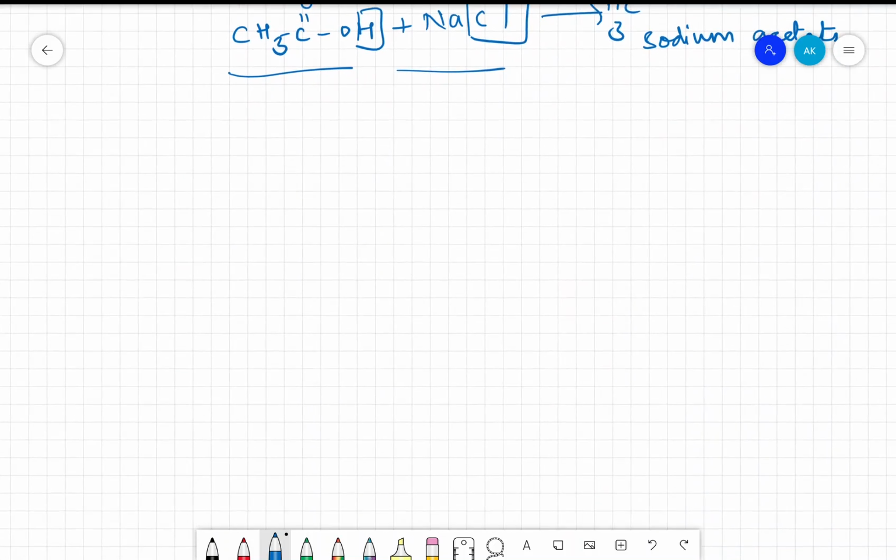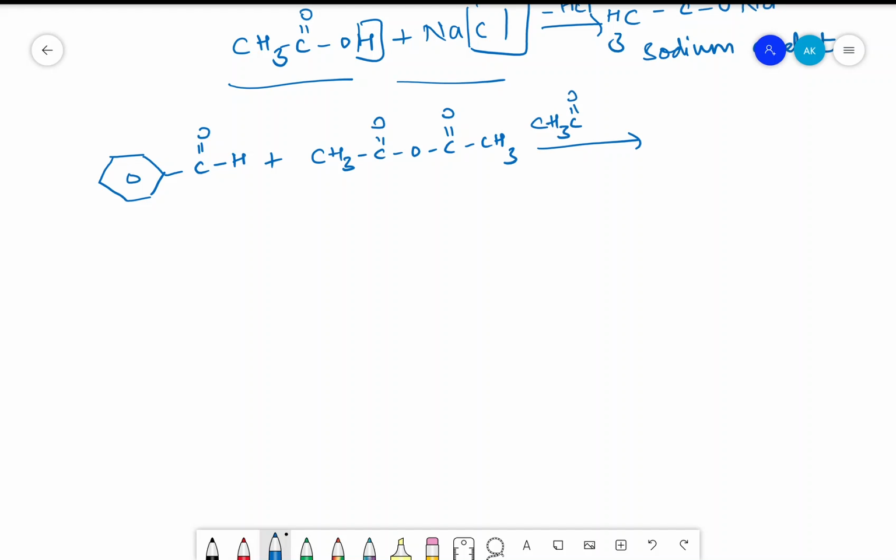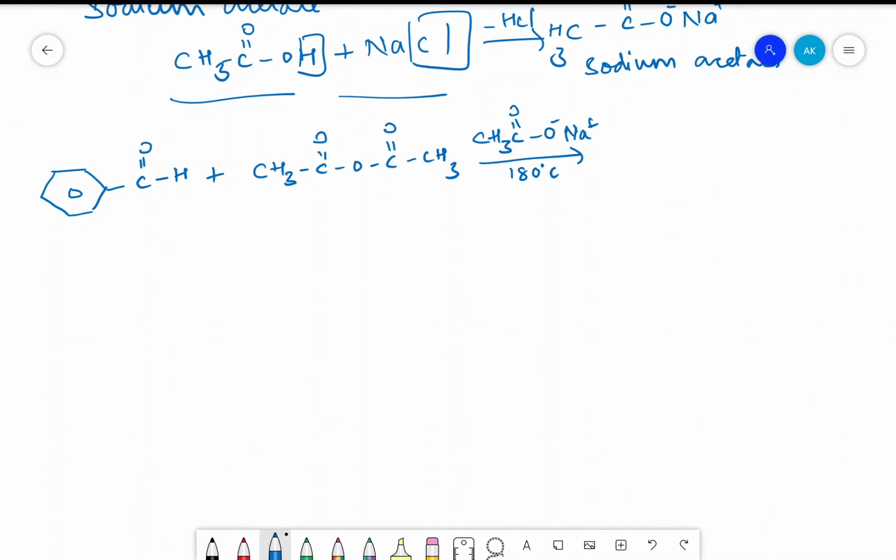We are going to represent that particular statement in the form of a reaction. So this is your benzaldehyde, C double bond O H, and CH3 C double bond O O C double bond O CH3. I'm writing in this form. In the presence of sodium acetate, CH3 C double bond O O minus Na plus, at 180 degrees Celsius, it gives